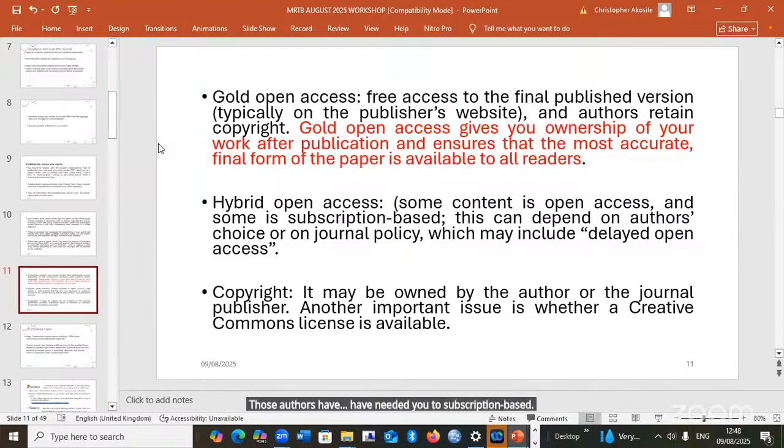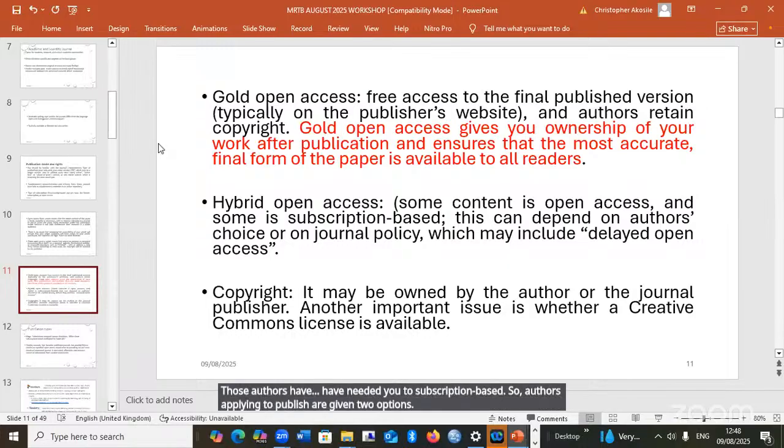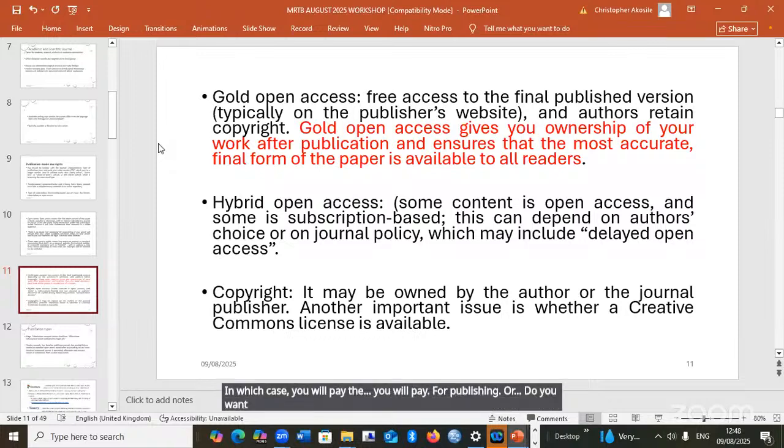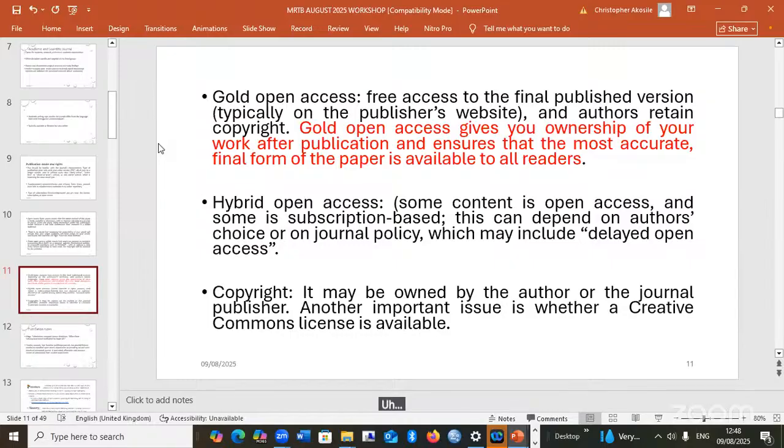So authors applying to publish are given two options. Do you want to publish open access, in which case you will pay for publishing, or do you want to cede your rights to the publishers, in which case anybody who wants to read your work must pay to read it, and your work is not open access.